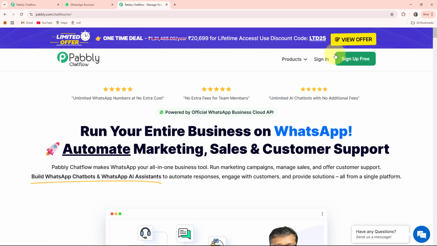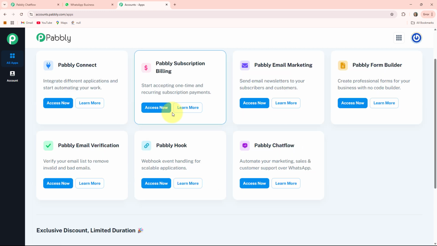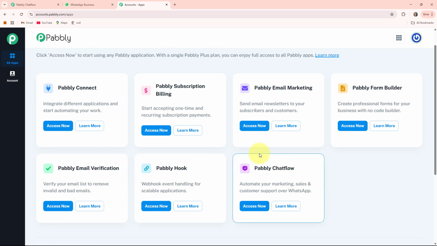Here on the right hand side you can see 2 options are there. The one is sign in and the other is sign up option. If you are a new user, then you can click on the sign up option. If you are an existing user, then you can click on the sign in option. As I am an existing user, so I am clicking on the sign in option. Here you can see these are all the apps that Pabbly provides to its users. As we are creating a WhatsApp chatbot, so we will go to this Pabbly Chatflow box by clicking on this